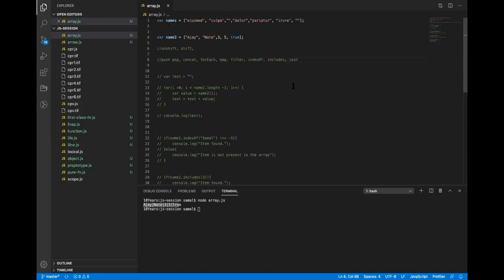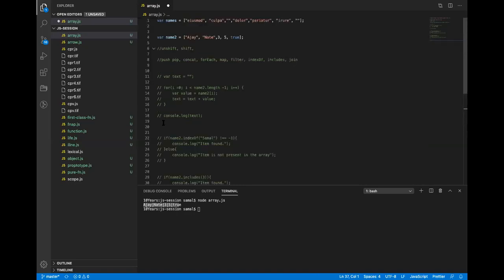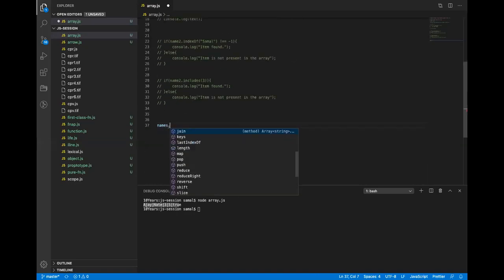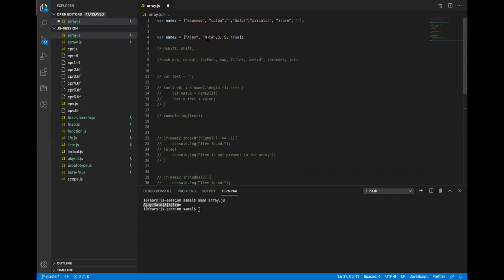So join is a method which is used very heavily. There is one last method, I guess: sort. Sorting is normally used when you have values of a similar type, so you can sort the array.